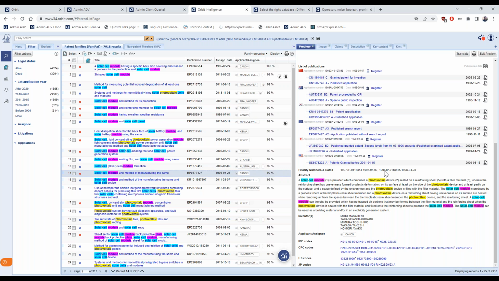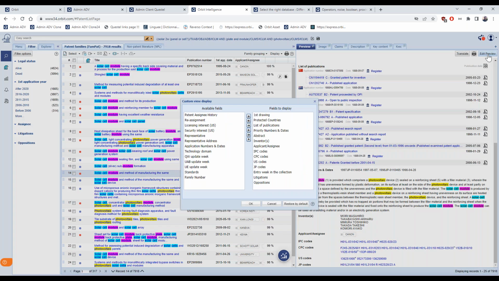An abstract of a representative member of this family. And then you have inventor applicant data and classification data. But you can add some more fields by clicking on Edit Preview.